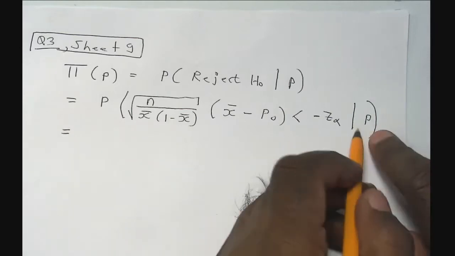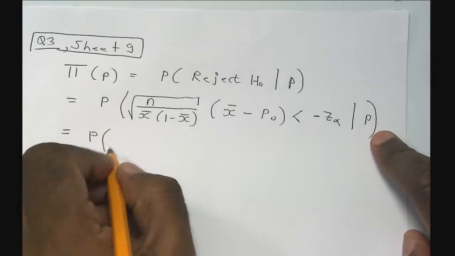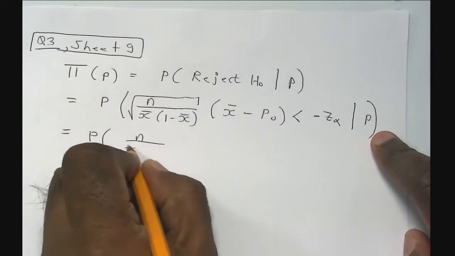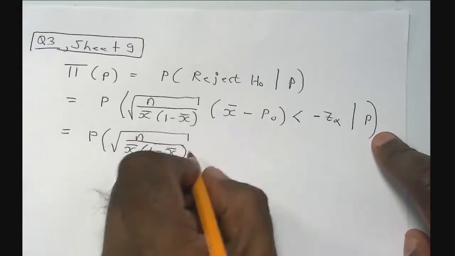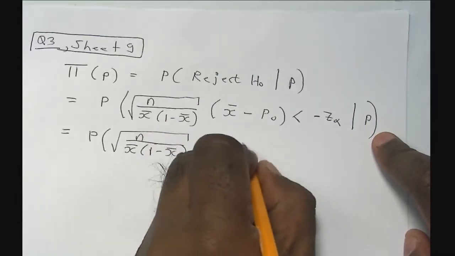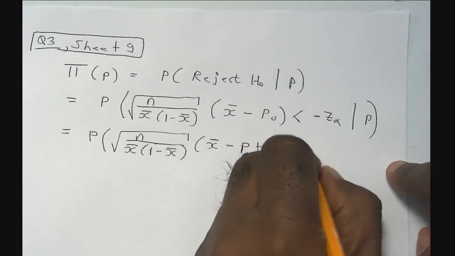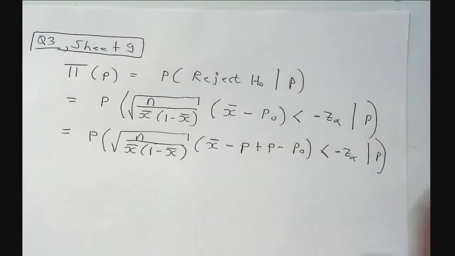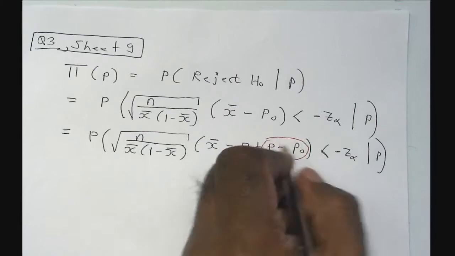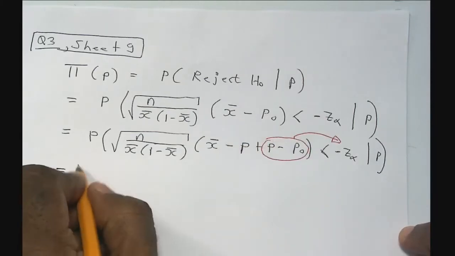Right. Now the true proportion is p, not p0. So the first thing you must do is to replace the p0 by the true proportion, which is p. So you need to add up p and do this. Alright. The second thing is to, as before, take these 2 terms to the right hand side. So this will become